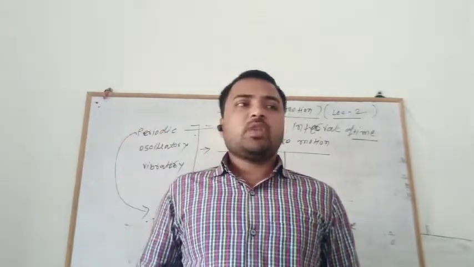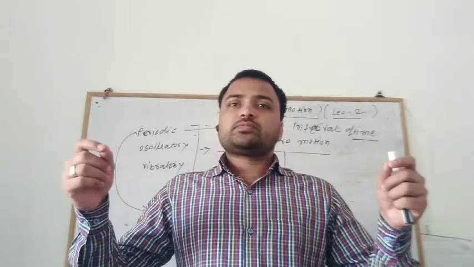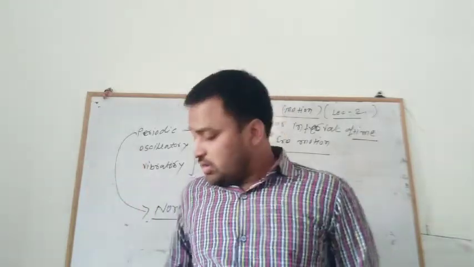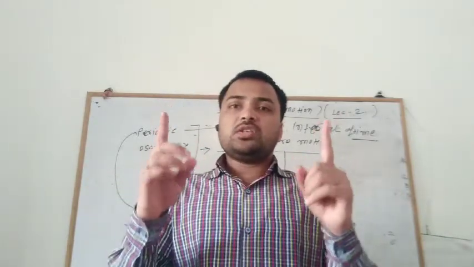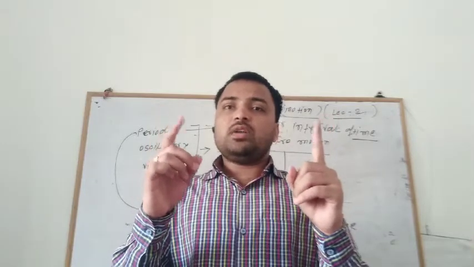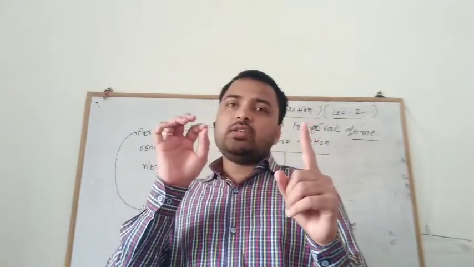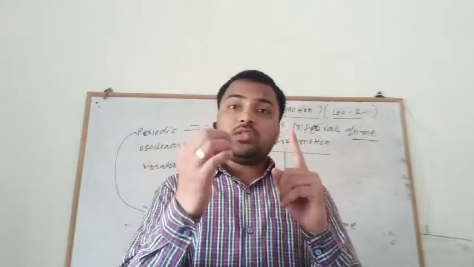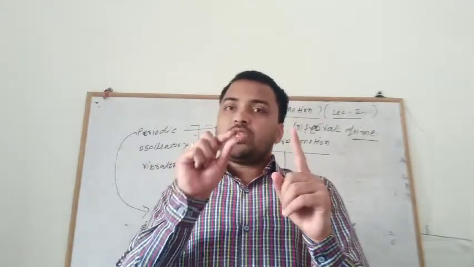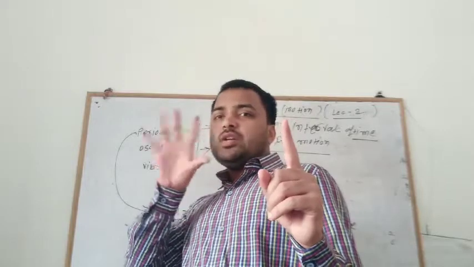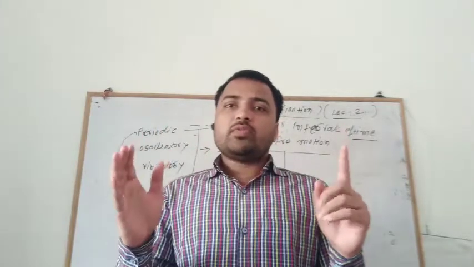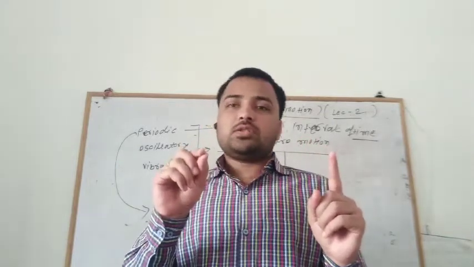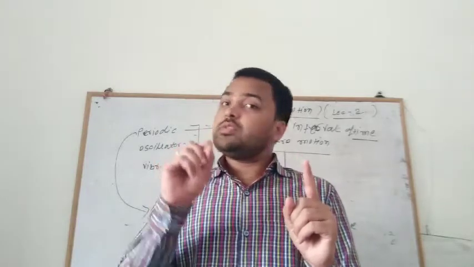So consider an example. We take an elastic, and we put that elastic on two fingers, and one person vibrates one side of the elastic. You can observe that the other side of the elastic will not vibrate, the other side will not move. When the elastic is stretched and released, we observe that only that part of the elastic vibrates, or only that part does the to and fro motion.